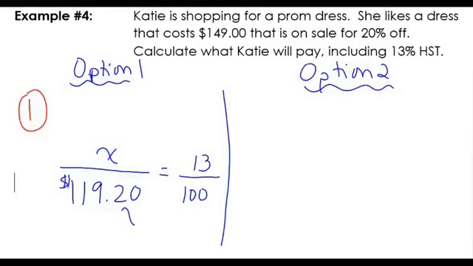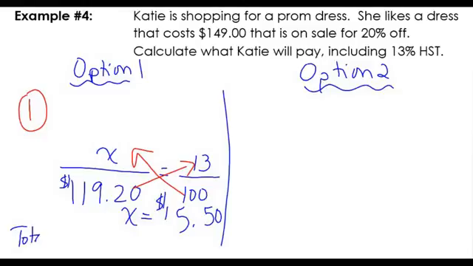So when I solve for that by cross-multiplying, right, 100 times x, and then 13 times the 119.20, so 13 times 119.20 divided by 100, I'm getting that I'm paying $15 and roughly 50 cents in tax. That's not the amount that I'm paying for the whole dress. So I need to take a second step here and add in the tax,